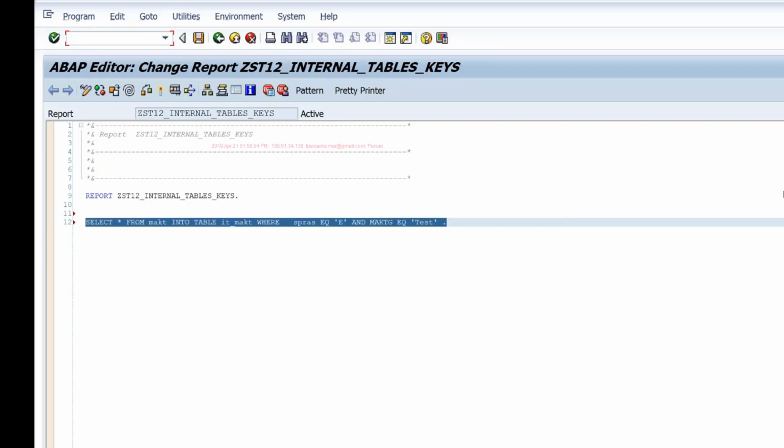The same concept is also available with internal tables. Internal tables are local to the program. Database tables are something that exists in the database. So whenever we process data from a database table, we typically bring that data into our program and store it in an internal table and then access the data via the internal tables.